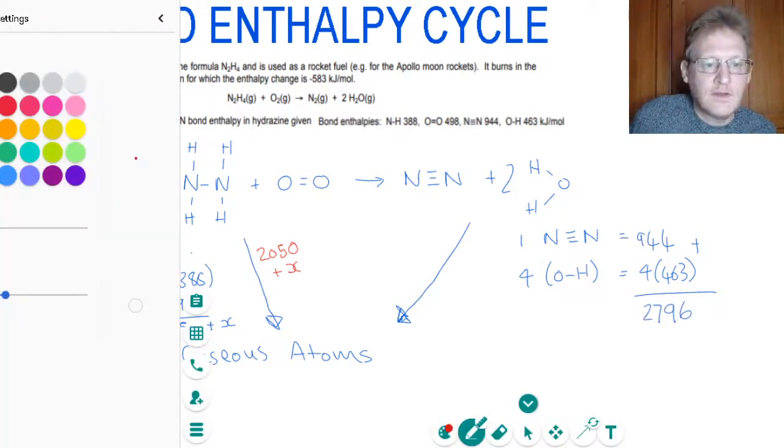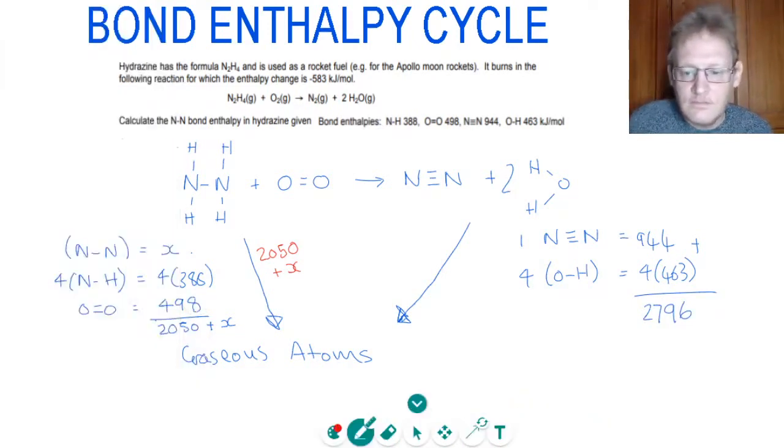So that the arrow. And on the reaction arrow, we're told the enthalpy change is minus 583 kilojoules per mole. And then because we've drawn this as a cycle,